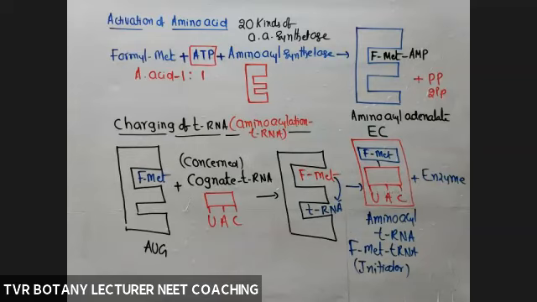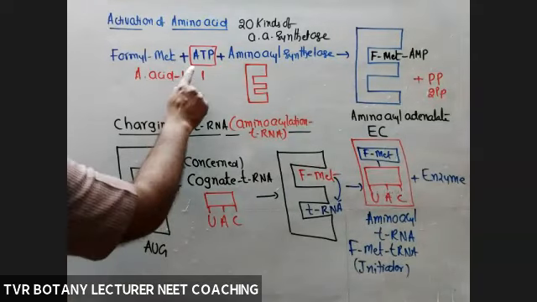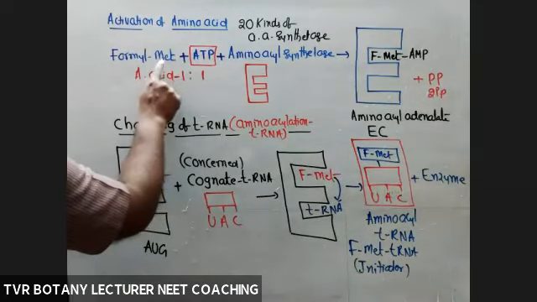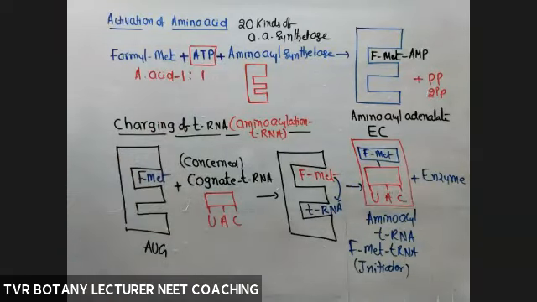Right? So that is about activation of amino acid and charging of tRNA. Here, the very, very important thing is the number of ATP molecules consumed at the time of activation of amino acid is equal to the number of amino acids activated. So 1:1, right? Now tRNA is charged with one duty. What is that duty? Transportation of amino acid to the area where translation is taking place.